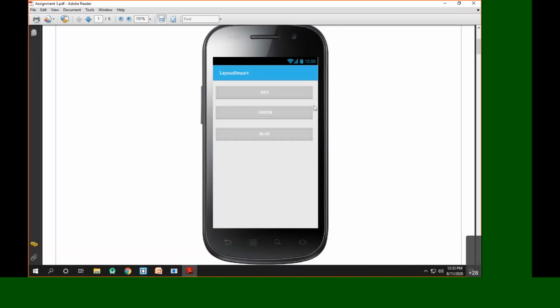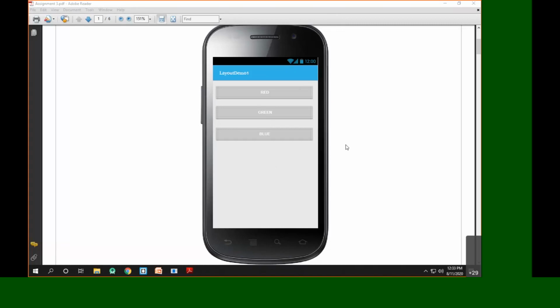Now let's see this particular design here. Here we have 3 buttons which are one below another. Can anybody tell me which layout will be useful here?